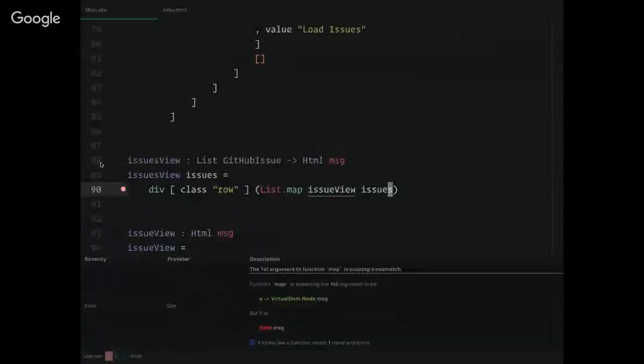Yes? So when we're looking at that div class with row, list map in parentheses, is that just, you said that's a function call? Yeah. Returning the value as a parameter to that division? So everything inside of these parentheses, you can consider this just like math, where everything inside of this is isolated. So you're saying do everything inside of the parentheses first. Okay. And then that return value gets returned as a list, and that's what the second argument to the div function is expecting. Okay. So you're saying perform this operation first and return it, and that's what I want as this argument here. So the issue view and issues are just arguments to map.